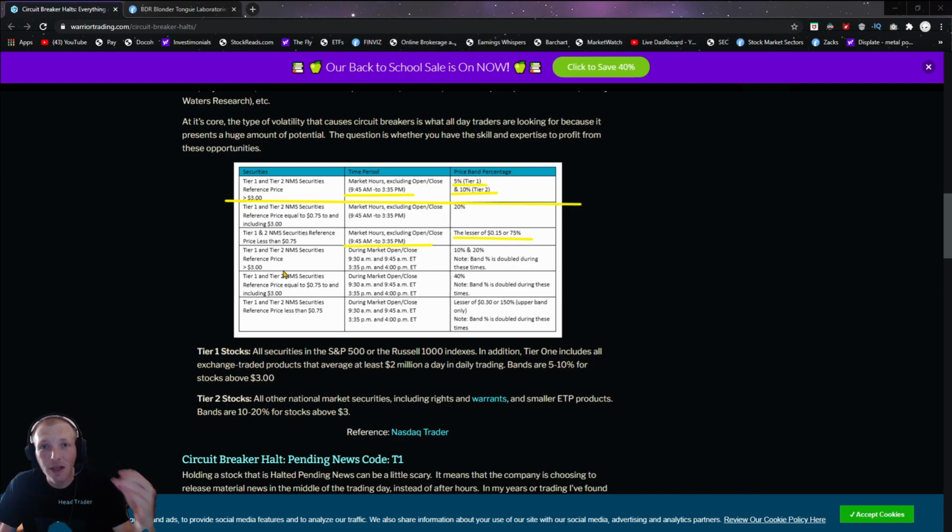Now you kind of see, the lower the stock price is, if a stock's under $1, it doesn't take much for a volatility pause to come into place. A stock could be at 40 cents and it spikes up 5 cents. They'll throw a volatility trading pause because the stock is priced so low that, in reality, it just made a big percentage jump. At 50 cents, a stock spikes 5%. What is that? Like a 10% move? I'm not great with math. You all do the math. It's a big percentage jump.